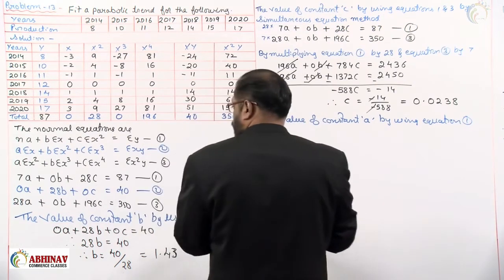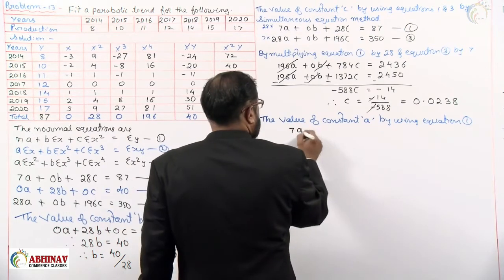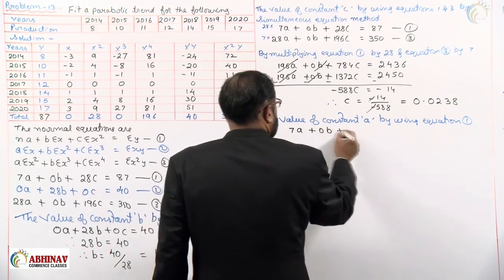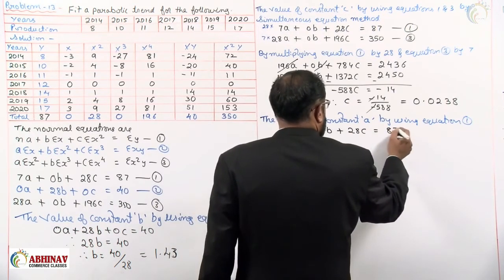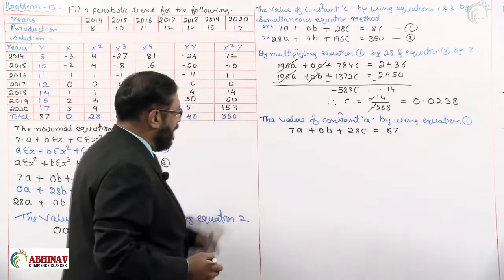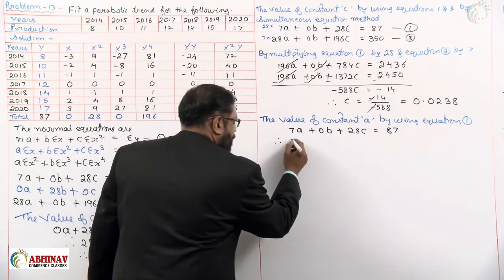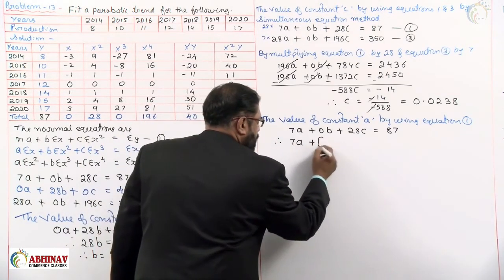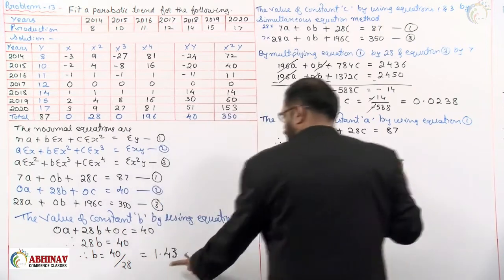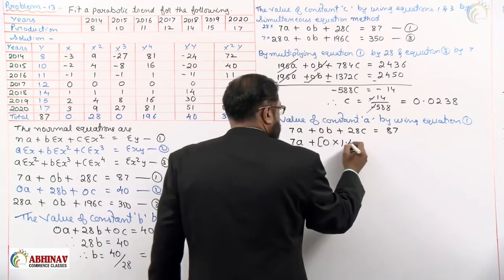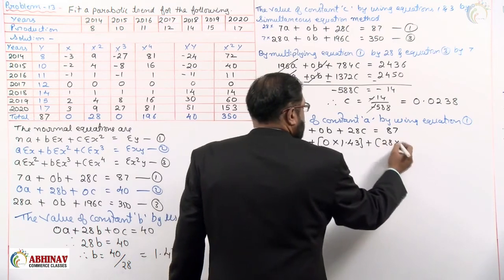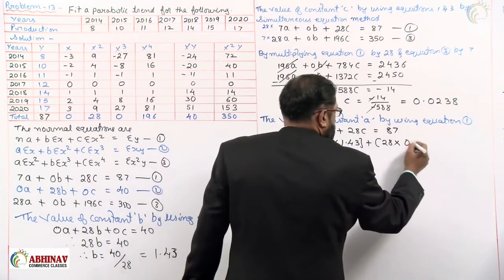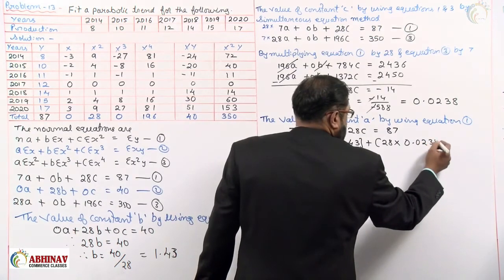First we'll write down the equation as it is, that is 7a plus 0b plus 28c is equal to 87. Now we'll put up the values of b and c in it. Therefore 7a plus 0 into the b value 1.43 plus 28 into the c value 0.0238